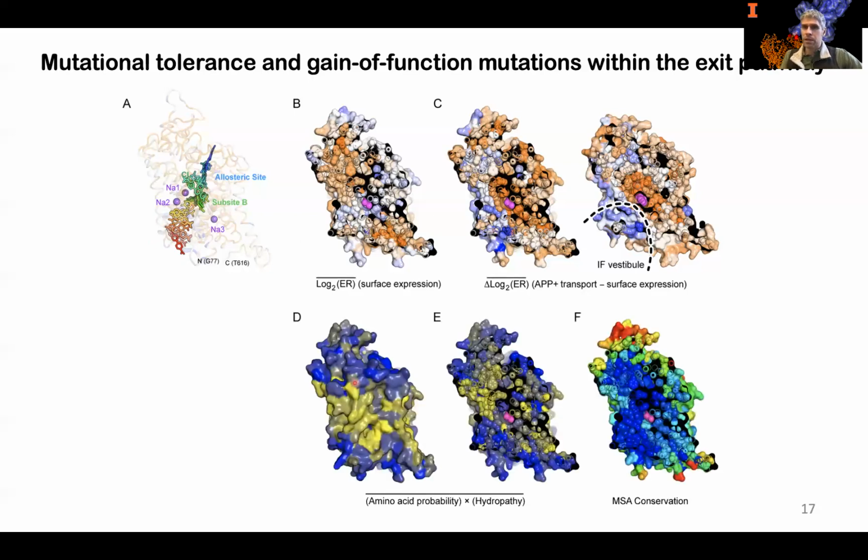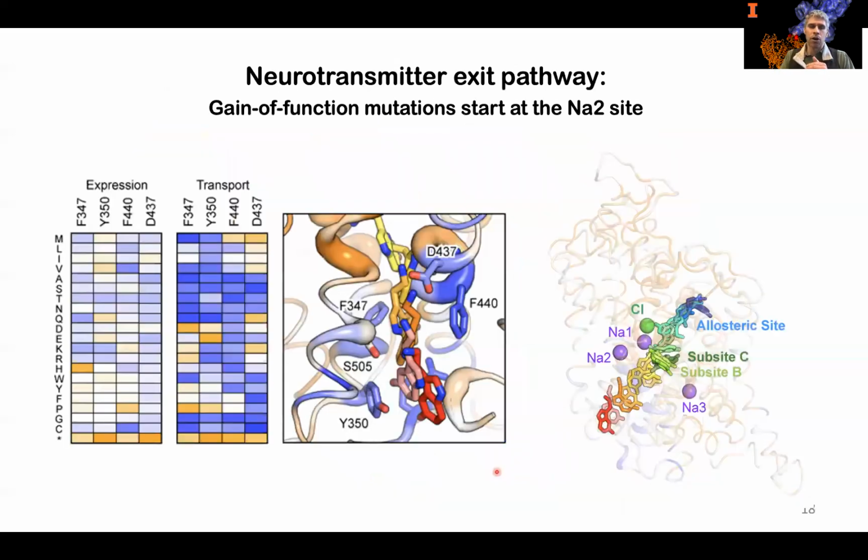Well, if we look at the hydropathy scores, yellow means hydrophobic residues are preferred, blue means hydrophilic residues are preferred, and we see that the intracellular cavity is now favoring hydrophilic polar substitutions. Why? Because these hydrophilic residues will now favor opening of the intracellular cavity such that it is exposed to solvent, exposed to water. So this is going to reduce that energy barrier from the occluded to the inwards facing conformation to favor the conformational transitions.